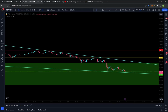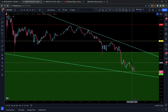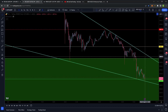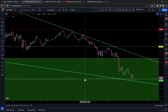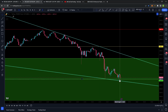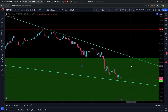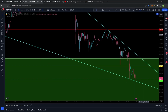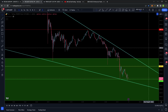28.7. We are getting right back to that support of that wedge. Even retested it again pretty much. That's definitely a line of interest. That being said, we did technically set a lower low. It is just a wick rather. Don't know how much credit I want to give that, but let's drop that to be our new lower high. I'd prefer this to actually be candle bodies closing below. I might be a little premature in dropping that down, but